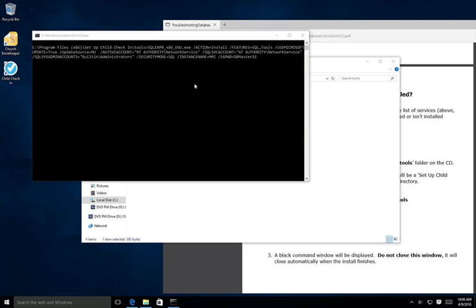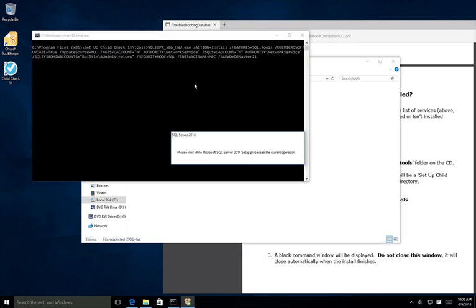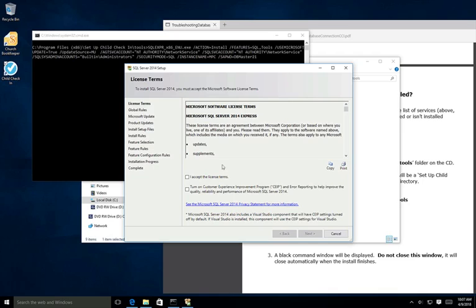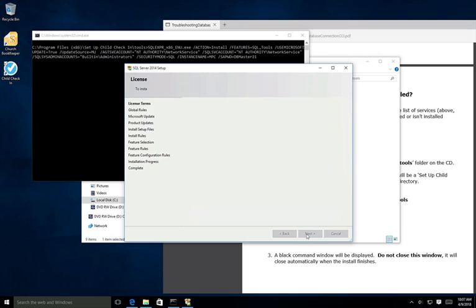Okay, after a minute or two, all the install files are extracted, and the install for SQL Server 2014 will launch automatically. Okay, on this very first screen is the license agreement, so you should check the I accept the license terms box and press the next button. And as you go through the installation wizard here, that's going to be the only change you're going to make. So just make sure that you check that box and then don't make any other changes as you go through